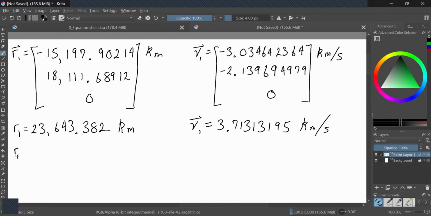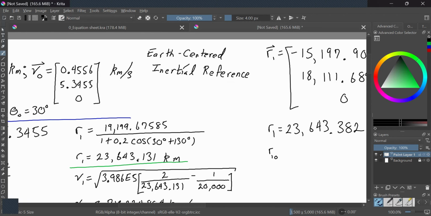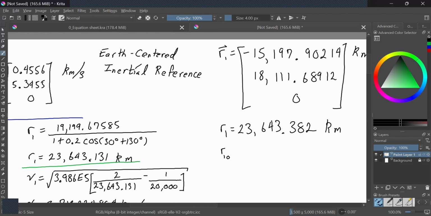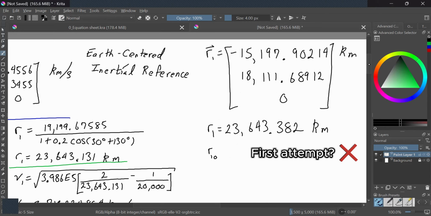And when you compare them to what we had found before, so our first attempt, or rather our initial attempt,